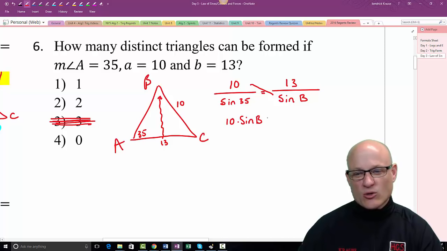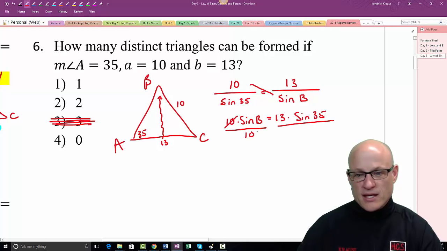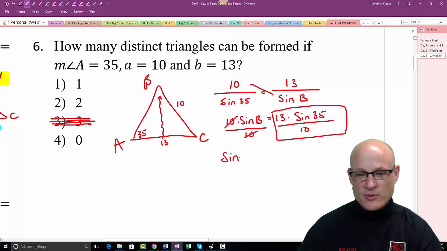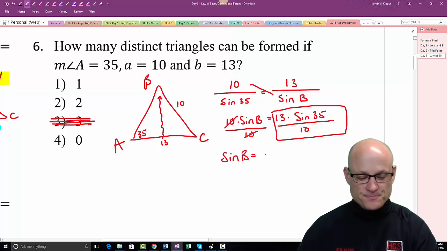Again, we're looking for an angle, right? So my last step will always be inverse, in this case, inverse sine. 13 times the sine of 35, divide by 10. And I get the sine of b is equal to whatever this is. So the sine of b equals,